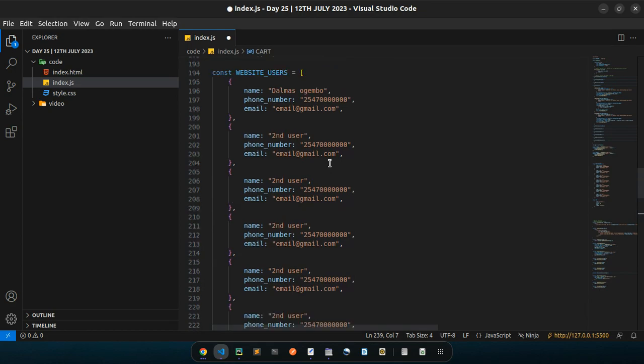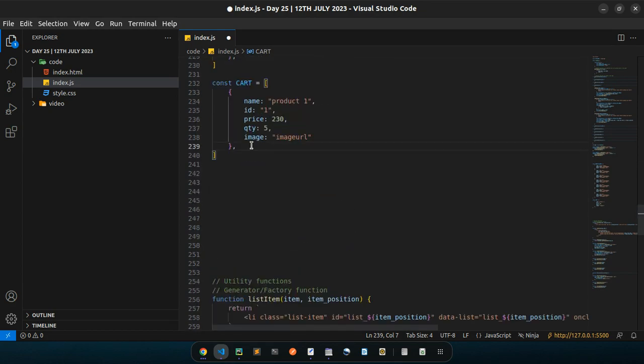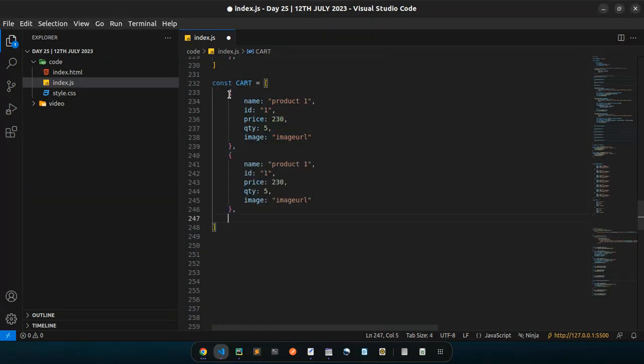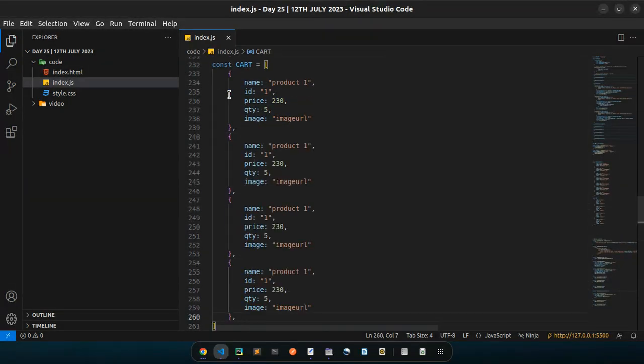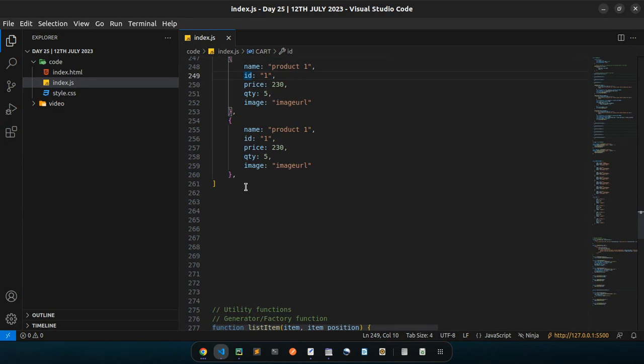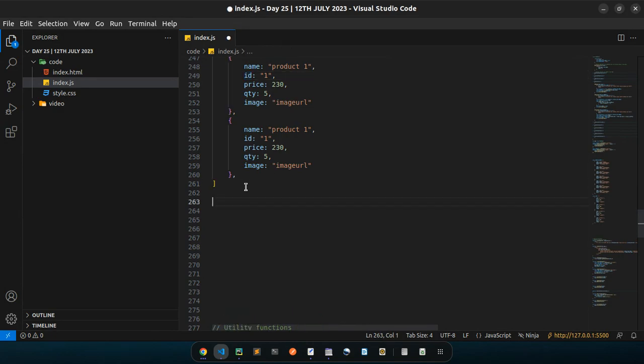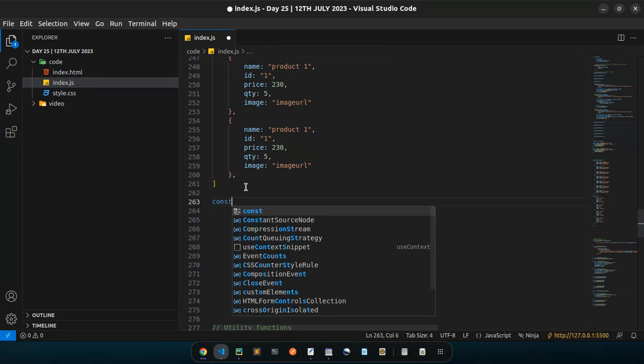use a number of functions here in JavaScript to make sure that once somebody adds something to the cart, they can be able to update the cart automatically or incrementally. Then once your cart is added with all these kinds of products, then you can go ahead and say, I want to get the cart total. So const cartTotal